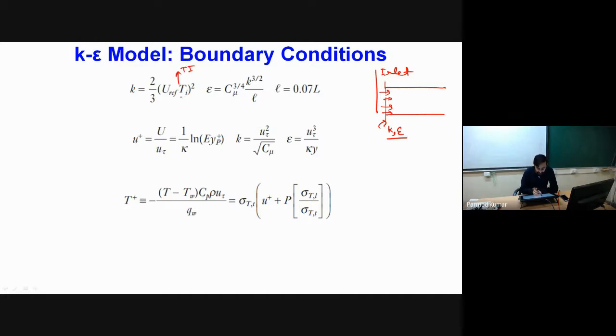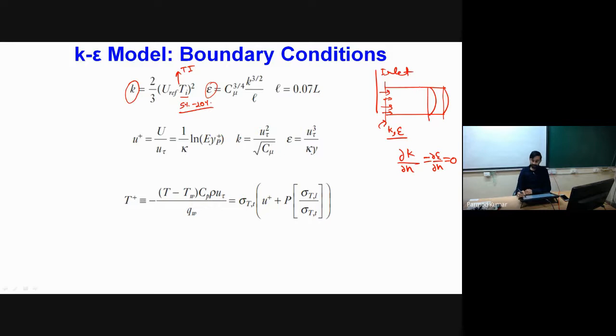So we take some approximate value of this turbulent intensity, say 5% to 20% range. So this indicates how much turbulence the inlet is having when flow is actually entering. Okay, and with the help of this turbulent intensity, we find some value of K, and similarly we find some value of epsilon, and we substitute these values of K and epsilon as inlet parameters. For the outlet, if we consider fully developed velocity profile, we can simply give zero gradient condition, which is del K by del n equal to del epsilon by del n equal to 0.